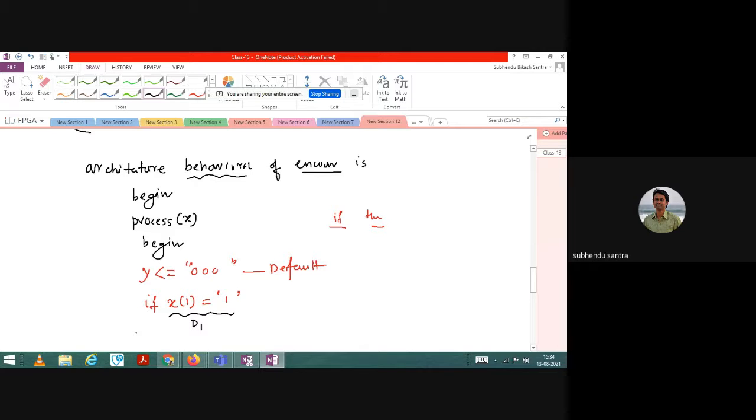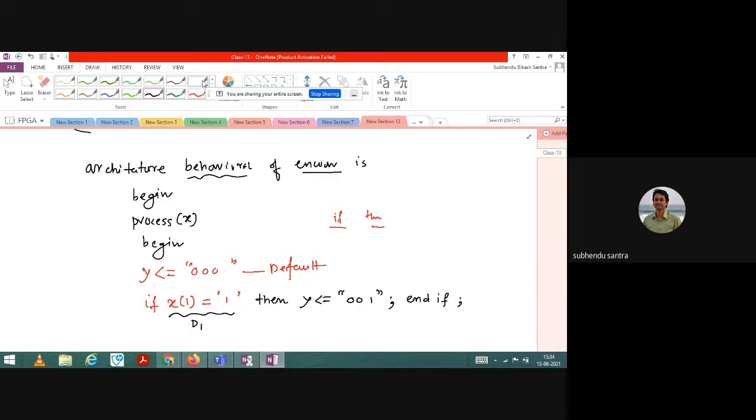If x of 1 equal to 1, then y I should assign 0 0 1, and end if.